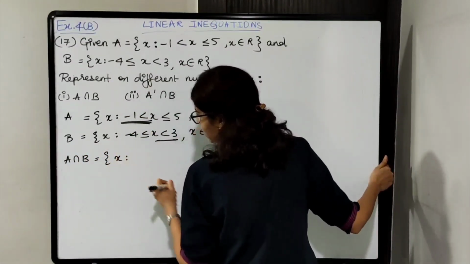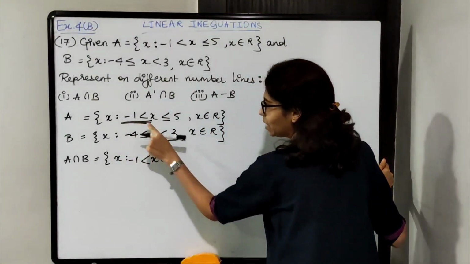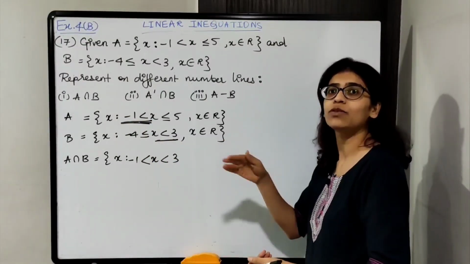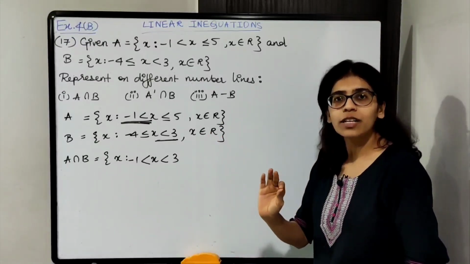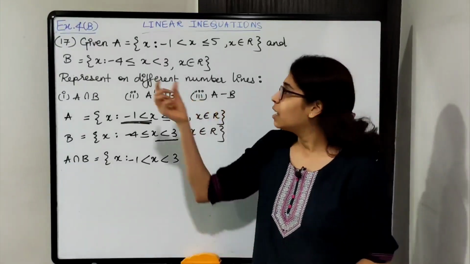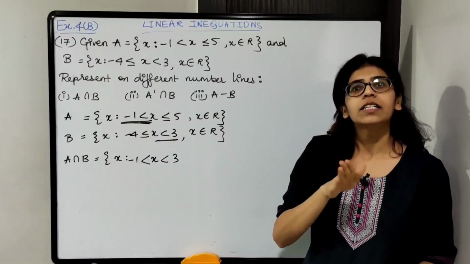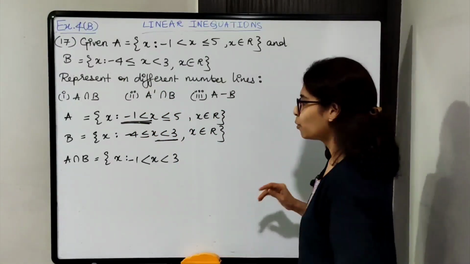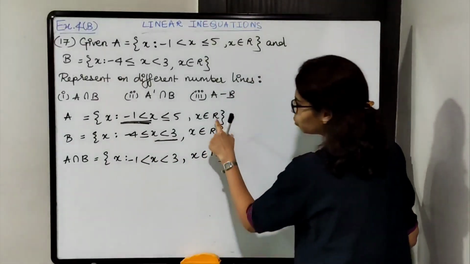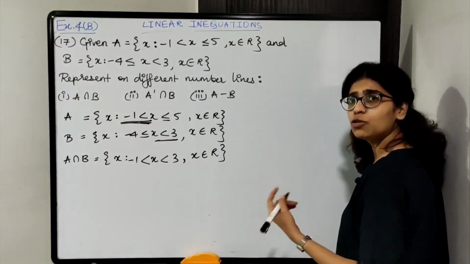is a set of all x where x is greater than -1 and less than 3. ये दो वैल्यूज लिया है, greater than -1 and less than 3. For greater than you will consider greater value, less than you will consider lesser value. Intersection के लिए that is and, okay. If they don't give you intersection, if they say that A and B का कुछ common find out करना है, so whenever they give and, it is intersection, okay, common. So this where x belongs to R, दोनों के लिए real numbers ही है, okay. So this will be the range of x. We need to plot it on the number line.